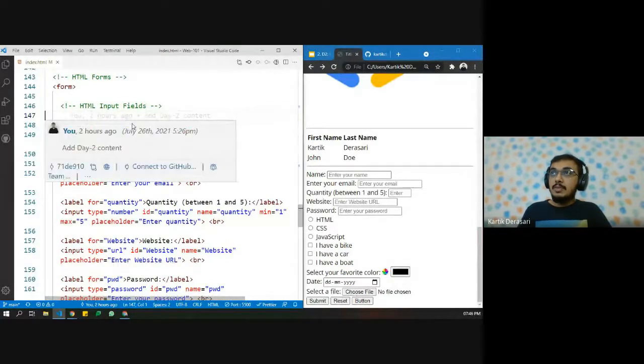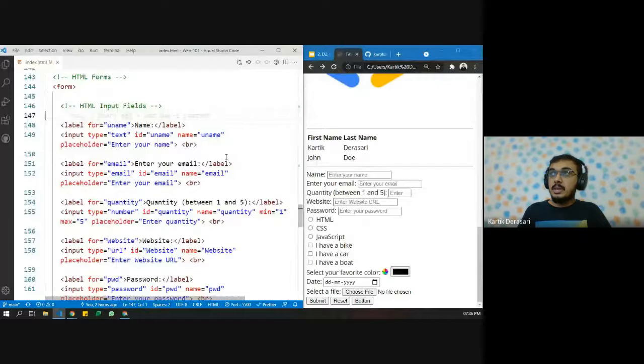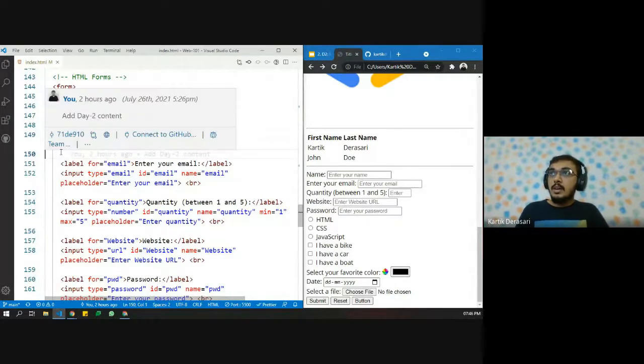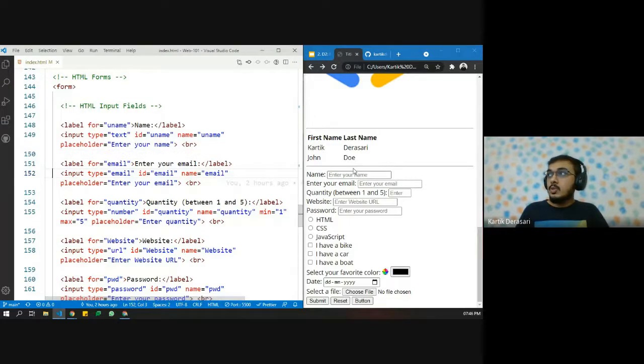As mentioned, we have different HTML attributes. Here, for is an attribute in the label tag. Here, type equals text, which is also an attribute. We have id, we have name, we have placeholder. Whenever we want to create an input field where we can place some text, we use input type equals text.